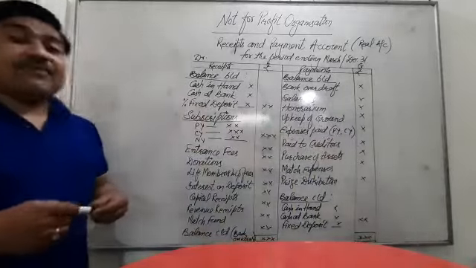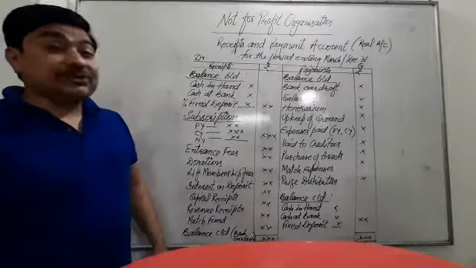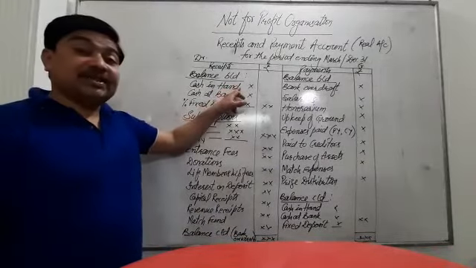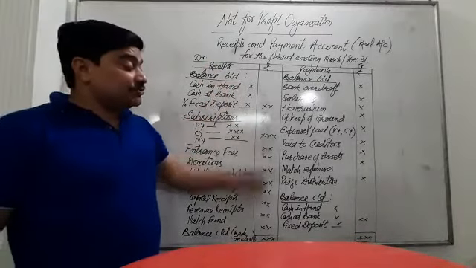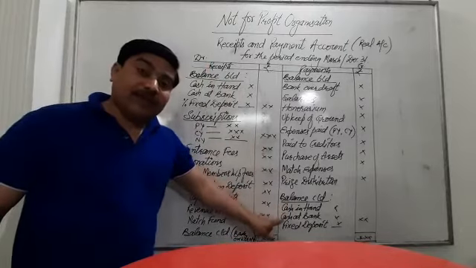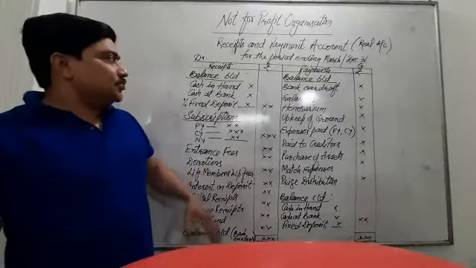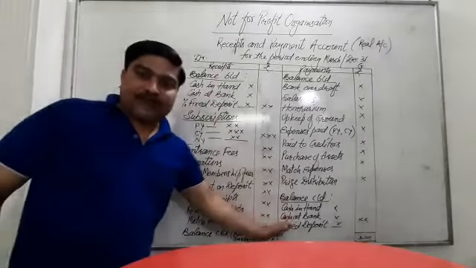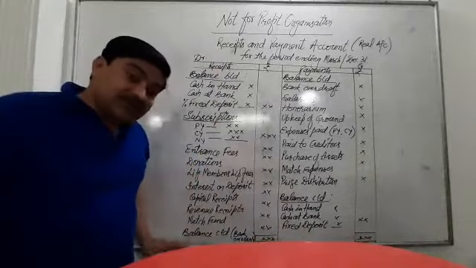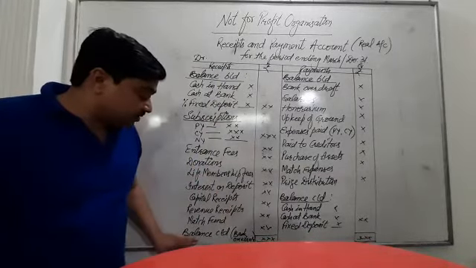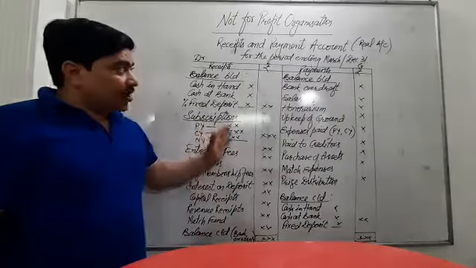Now what are we supposed to compute in this? They might ask you to calculate the opening cash in hand or cash at bank balance, or they might ask you to calculate the closing cash or bank balance. Now the bank balance is the balancing figure. By chance you are given opening and closing both balances, but the balancing figure is coming on the debit side, then it is considered to be a bank overdraft.